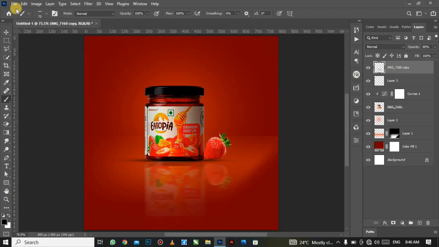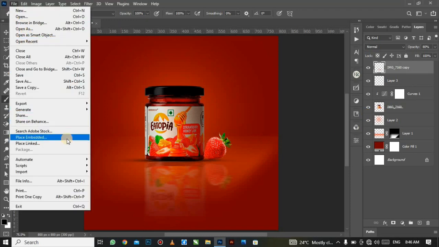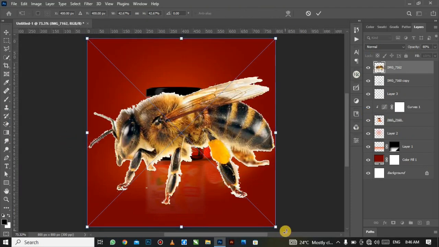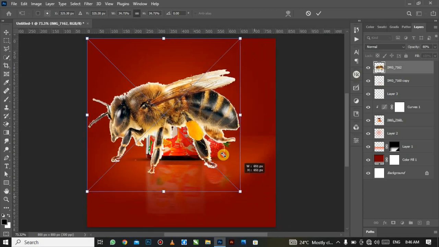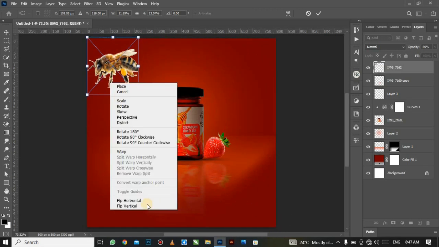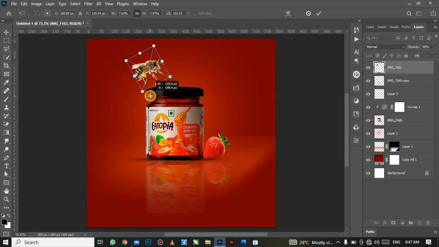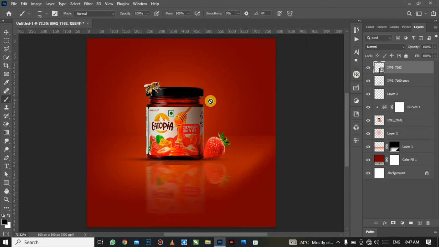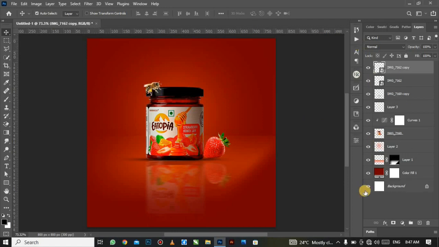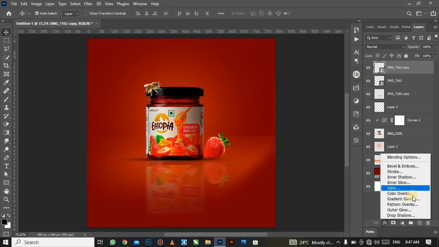Then I'm going to go over to my file and place embedded. I'm going to hold shift on my keyboard and scale it. Drop it somewhere here. Then I'm going to click on commit right from here. Then I'm going to take the move tool, then the B selected, then Ctrl J on your keyboard to make a duplicate, then go to FX,